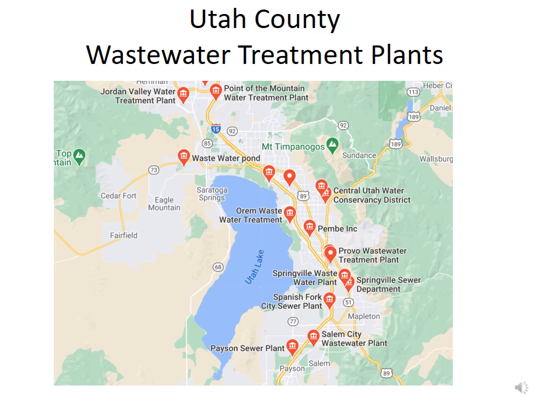So here are the Utah County wastewater treatment plants that are in question. There are more than 10 of these. It looks like closer to 15 of these wastewater treatment plants. They all discharge into either rivers or creeks that eventually end up in Utah Lake. So if a wastewater treatment plant is putting out water that has a lot of phosphorus in it, that phosphorus is going to end up in Utah Lake.